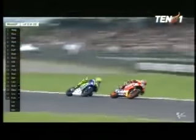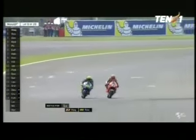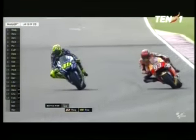This is like a carbon copy of last year. It's deja vu, isn't it? It really is. Rossi right behind Marquez. Does he want to just get past him on the brakes? And